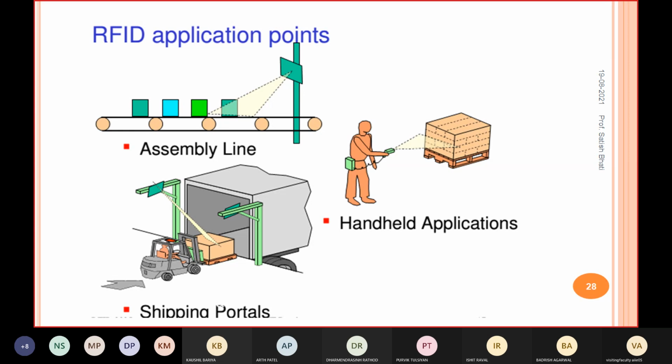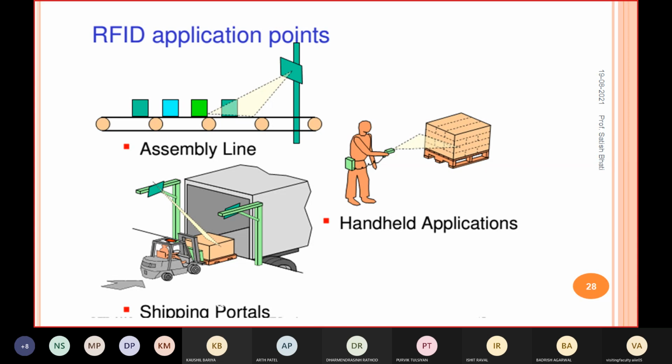Depending on that it will do the processing, like it will move the object or product in the forward direction or the reverse direction, right? It will give some alarm if there is a problem, right? In such a way you can use the RFID in the assembly line application, right?